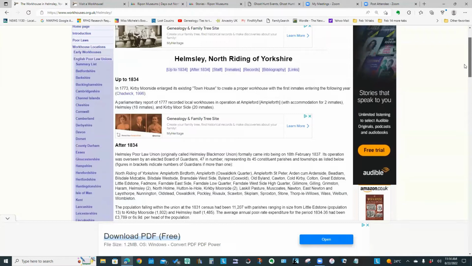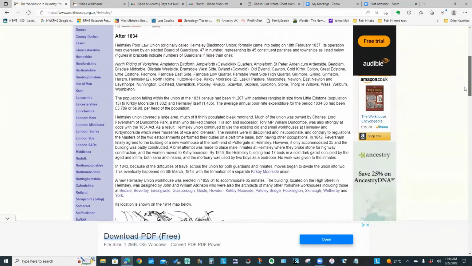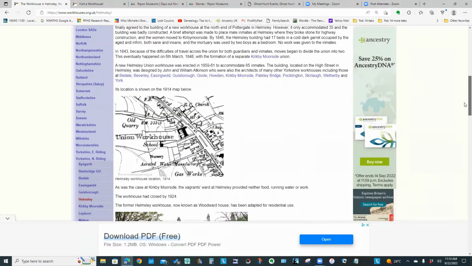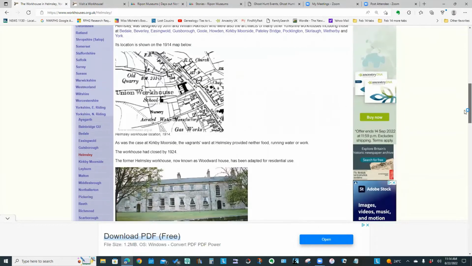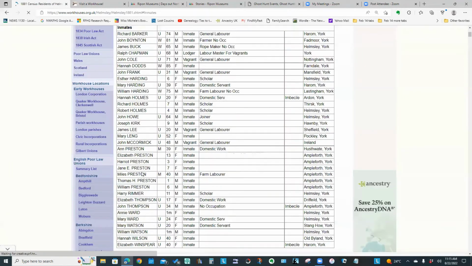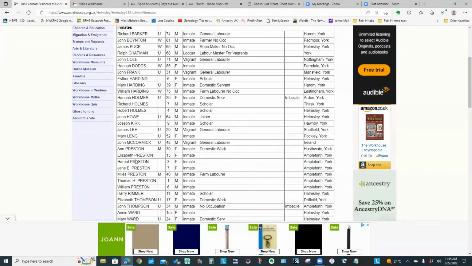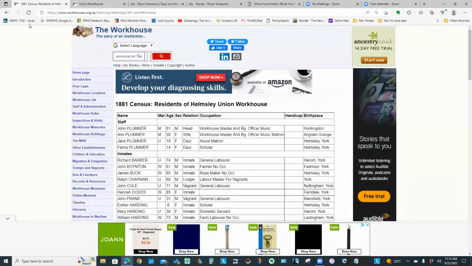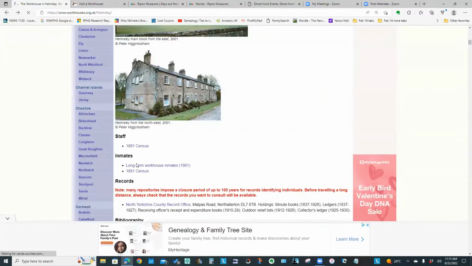And this is probably what most people are used to seeing. They would click on a location, go to the workhouse page, and see a map showing where that workhouse is located. There are pictures. There are links to transcripts of some census information. So we've got 1881 census transcript for the inmates. We've also got links to